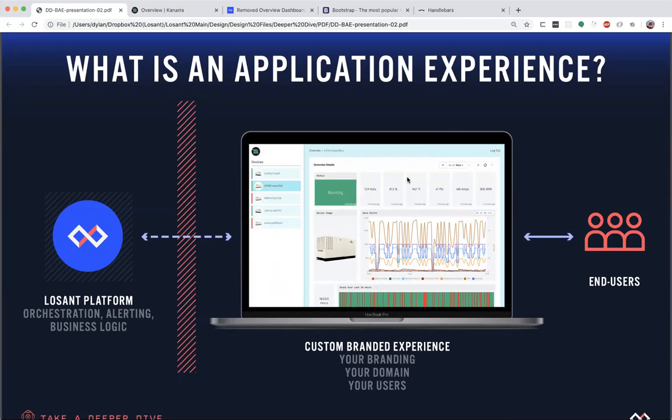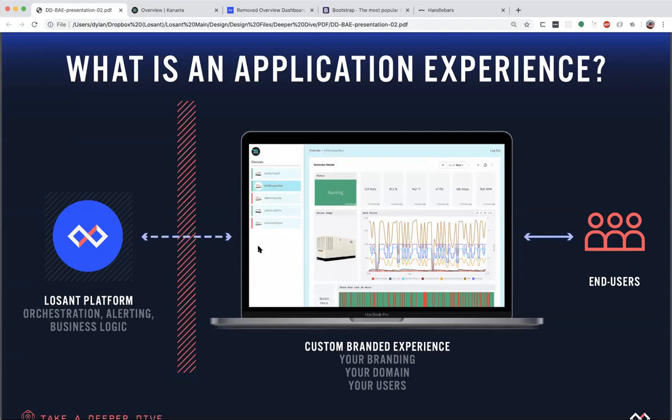So not only do you get your own custom branding to display to these end users, but you have sort of a gate right here between the Losant platform, which is really your application, and the experience here in the middle. And you get to decide what information from your application you want to expose to these end users, primarily through the workflow engine.